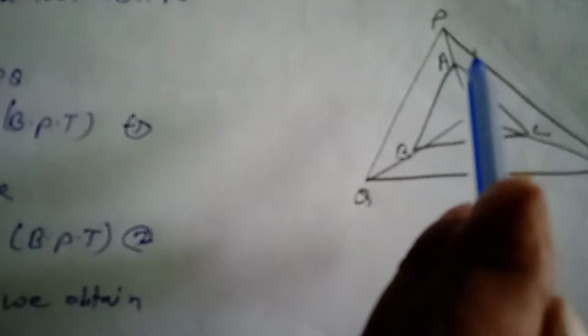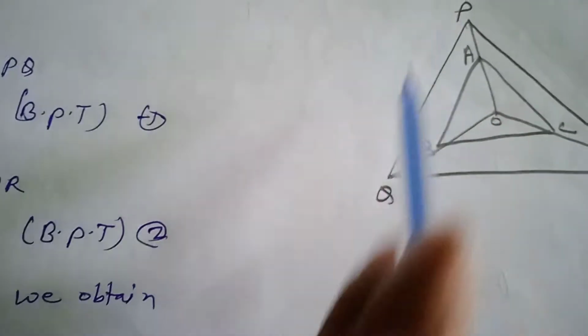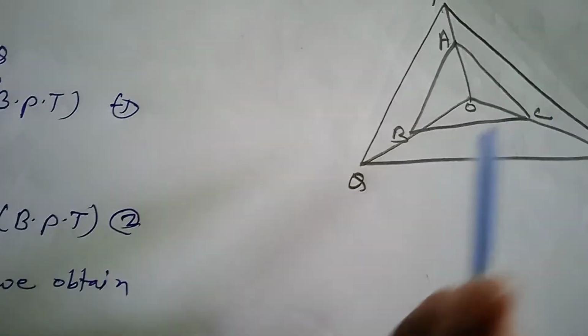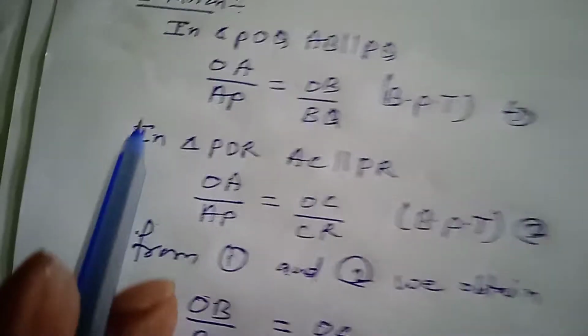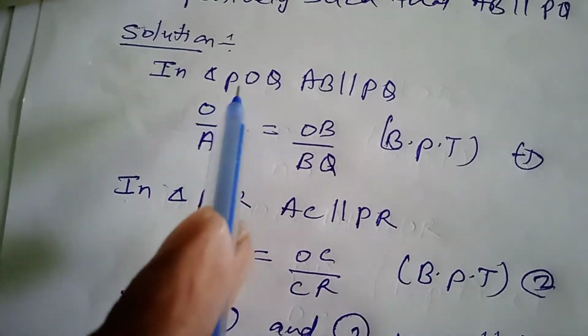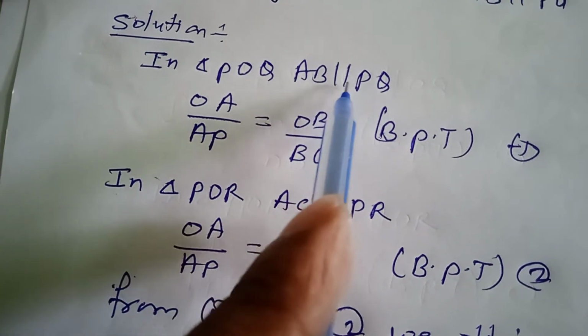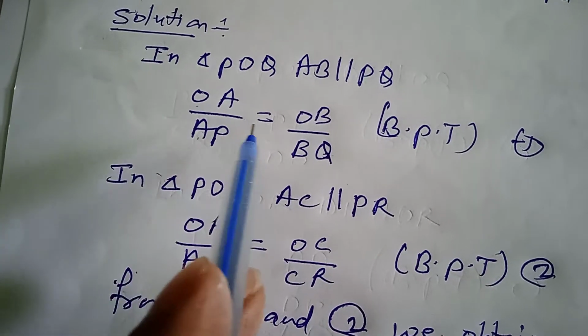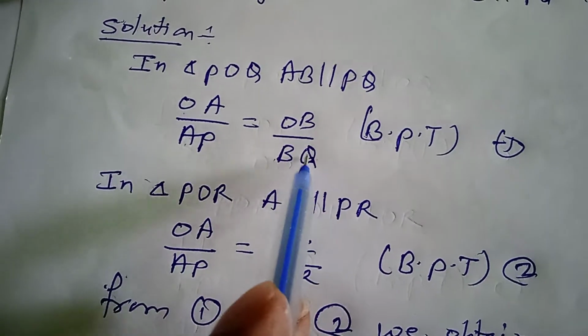With the help of the information, we have drawn the triangle PQR, AB parallel to PQ, AC parallel to PR, BC parallel to QR. In triangle OPQ, AB parallel to PQ, OA upon AP is equal to OB upon BQ